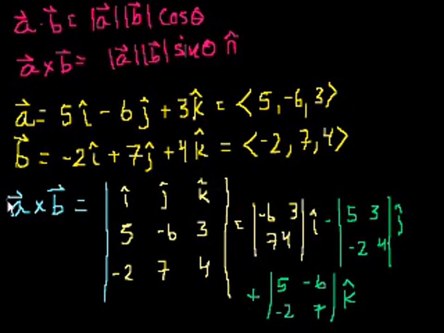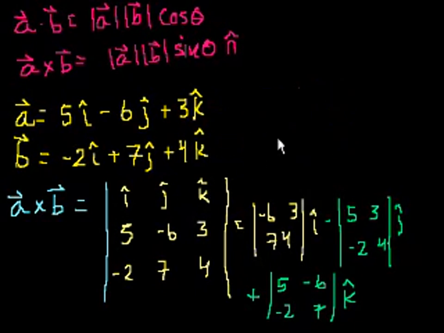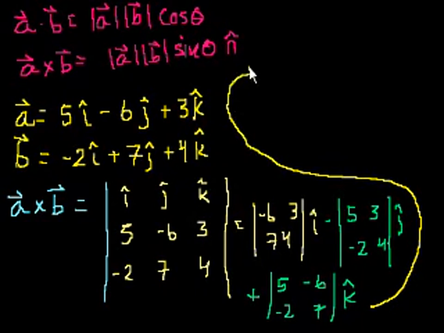And now let's calculate them. Let me make some space because I've written this too big. So what do we get? These 2 by 2 determinants are pretty easy. This is minus 6 times 4 minus 7 times 3. So it's minus 24 minus 21 times I, and I always make careless mistakes here. Minus 5 times 4 is 20